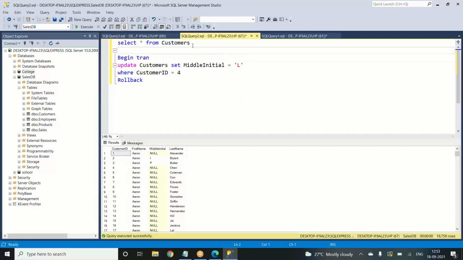If you want to make any kind of changes, and you thought that okay, it is a wrong input, so you have to redo that. To be on the safe side, whenever you are updating something, before it you need to write this BEGIN TRAN option, and at the end you need to have the rollback. While executing, select all this and execute, and if you think that it has gone wrong, you can execute the rollback to reverse that change. This will only be applicable to the latest thing that you've done.